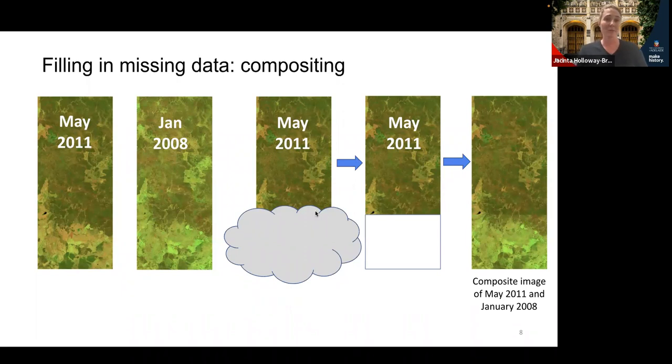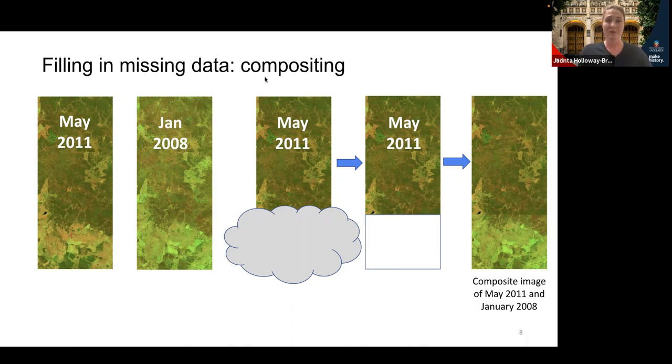And so basically how this works, I'll use a really simple example. So let's say that we have an image of an area in June in Queensland. And so we have a picture of the area from May 2011 and one from January in 2008, right? And so we can see in this bottom section of the image that actually quite a bit of change has happened on the ground, because the spectral signature, the amount of greenness that we can see, is quite different between these points in time. And we would expect that because they're temporally quite far apart.